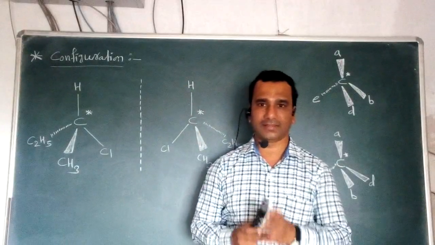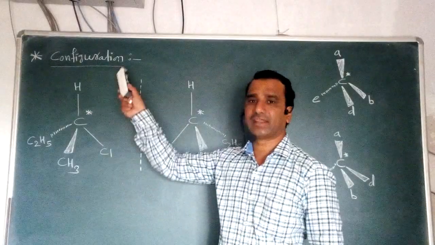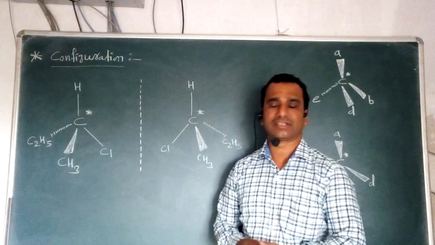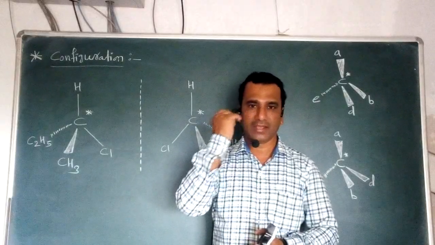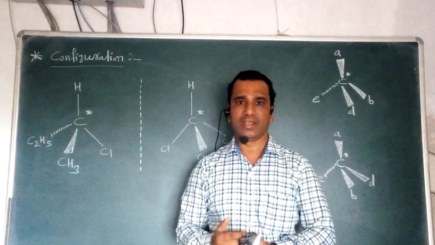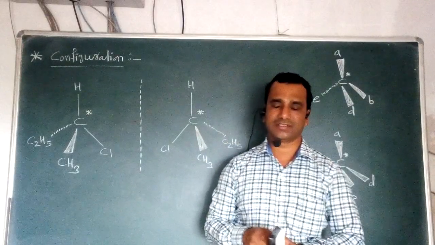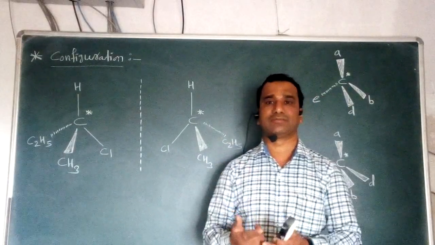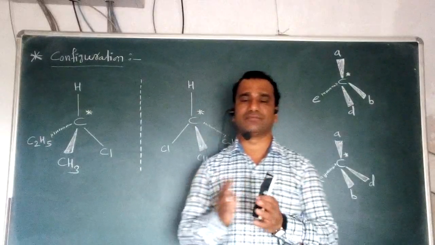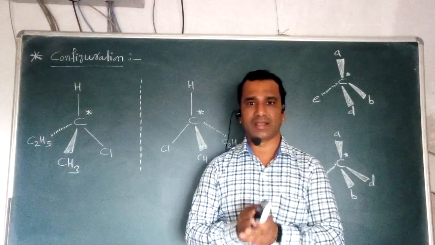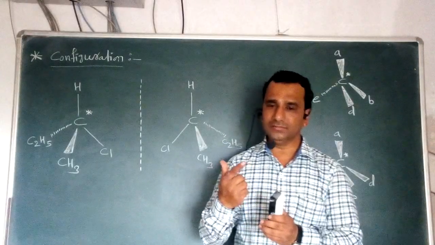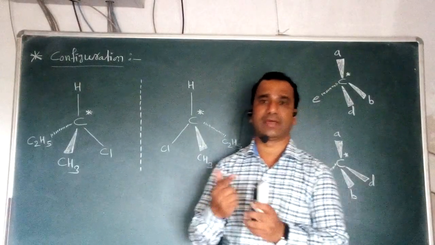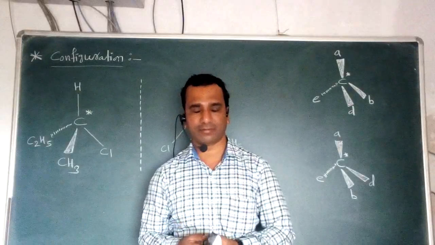Now, after completing this important point, in the current lecture we are going to take the next important point from the chapter, and the important point is configuration. We know very well the classification of stereoisomers into two different types, conformation and configuration. We already studied conformation: what is meant by conformation, what are the different conformations for different molecules, how these conformations can be studied with the help of different parameters, and what are their physical and chemical properties.